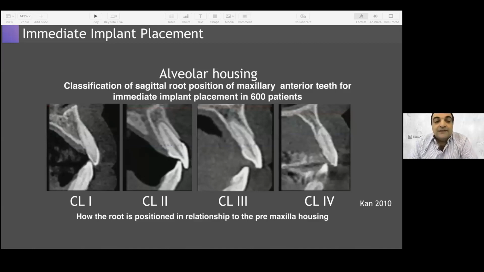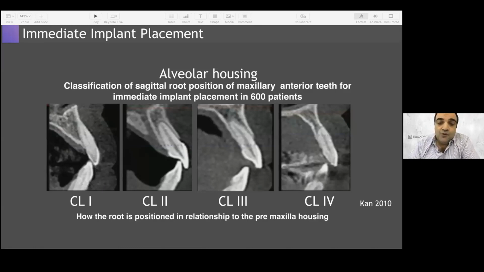The class 1 is the best for immediate implant placement, but why? Because we are going to use the palatal bone for our immediate stability. And look at the amount of the palatal wall we have in class 1. Class 3 also is favorable for our immediate implant placement because we are going to engage our implant in the